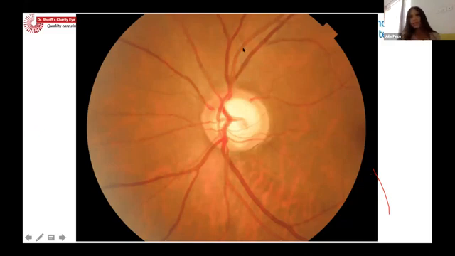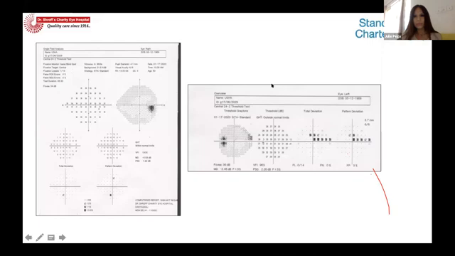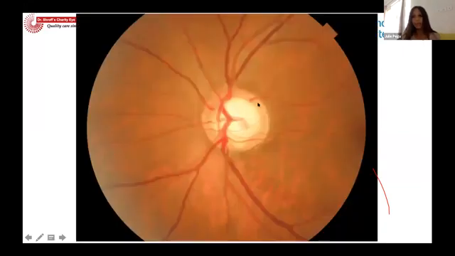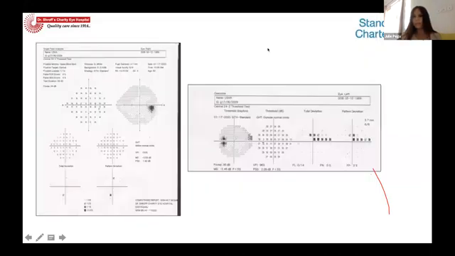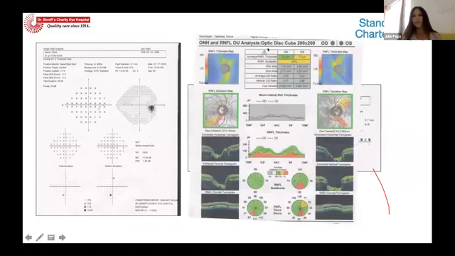Whereas superiorly, you can see that the RNFL is still okay. So you may not get anything in the inferior visual field. So in the left eye, you are getting an arcuate scotoma, but inferiorly, the disc definitely looks like the margins are getting more distinct, but still because of the intact RNFL, you also don't get any field changes. So you should be able to